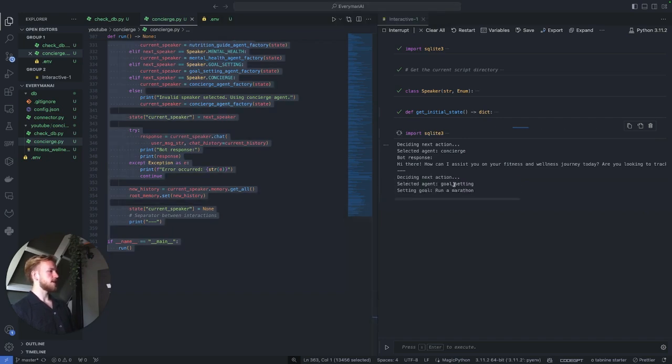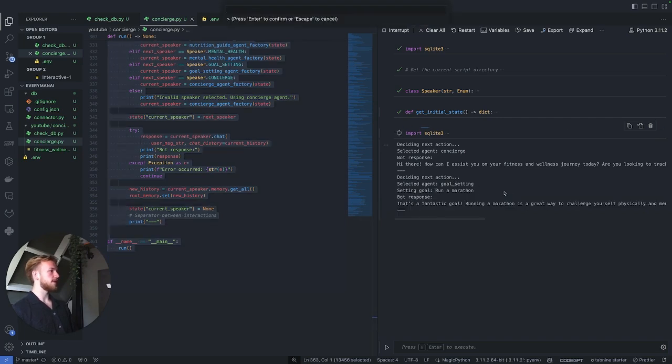It correctly selects the goal setting agent. It sets the goal of run a marathon, and it says that's a fantastic goal. Running a marathon is a great way to challenge yourself physically and mentally. Okay, perfect. Let's say I want to change the subject to mental health, and I say, "Hey, I am not feeling too happy lately." So it correctly selects the mental health agent, it checks in that I'm not too happy lately,